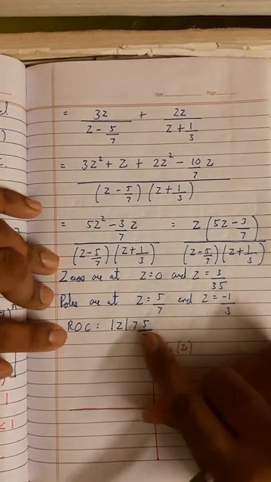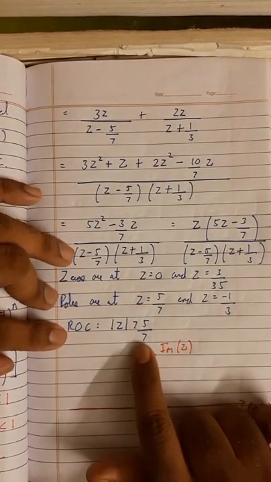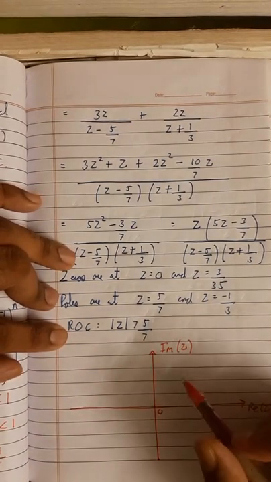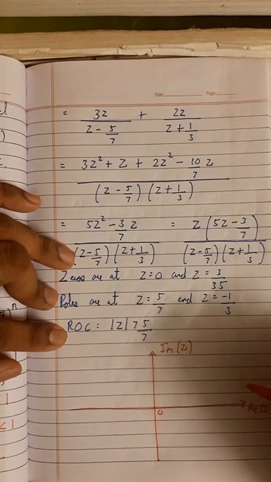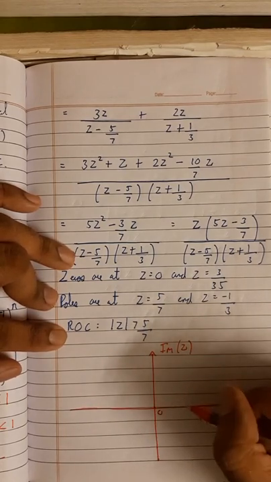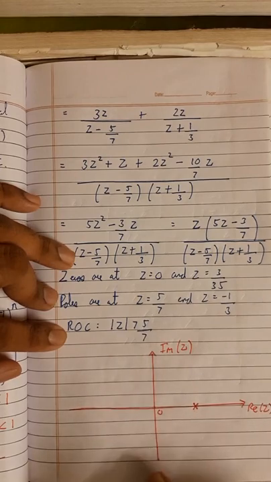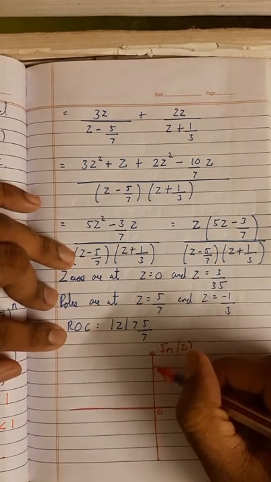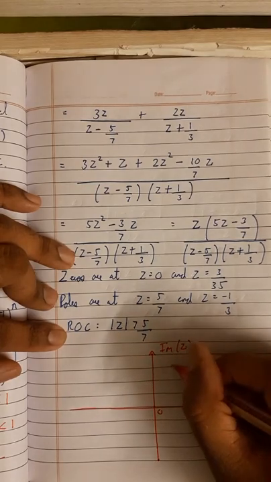Okay, but first let me mark my region of convergence. Here, according to here, the region of convergence is this point. So 5 by 7, so 5 by 7 is 0.7, so let this point be 0.7. Okay, so if I'm going to draw a circle,